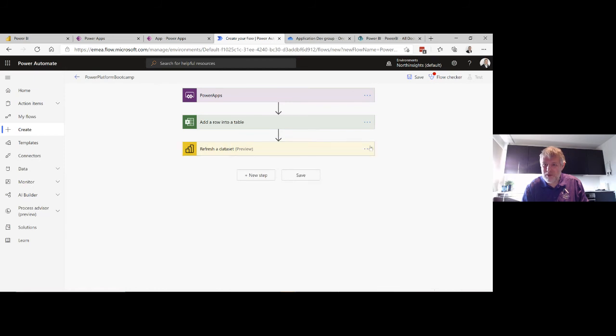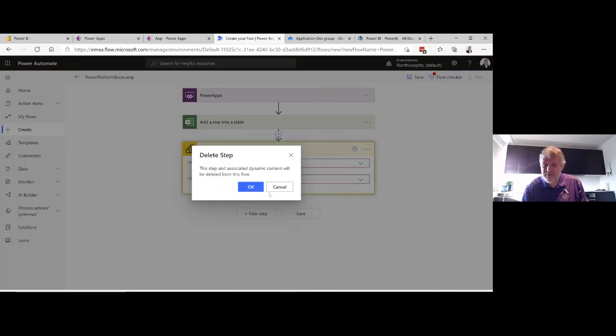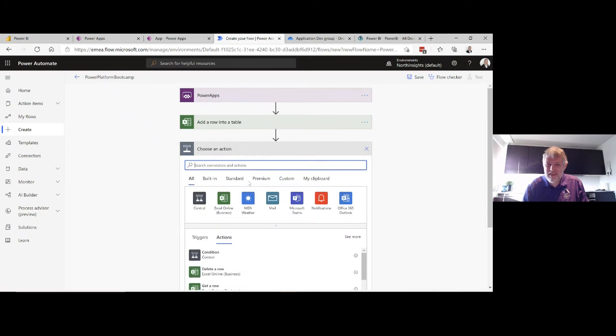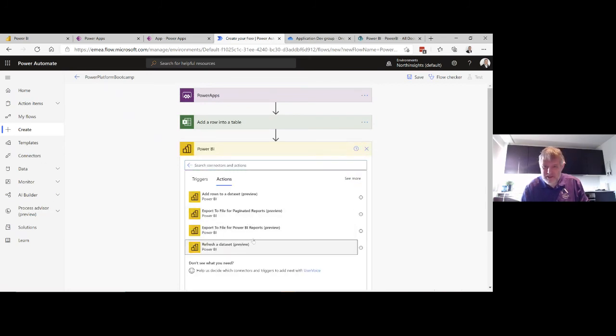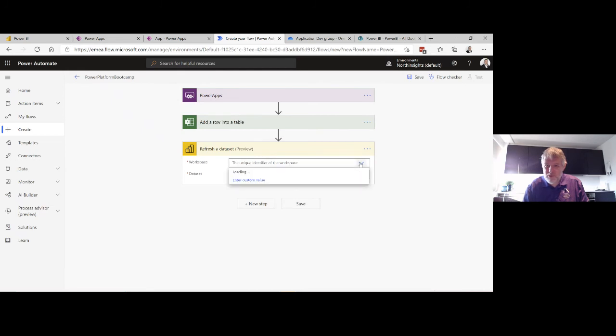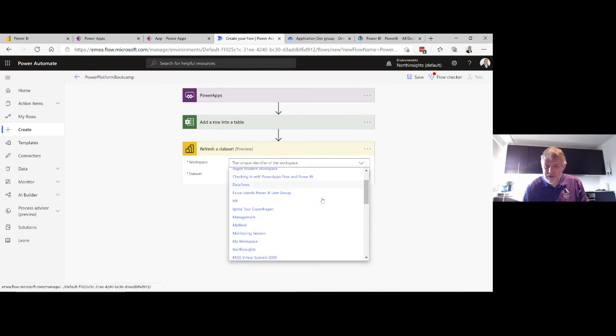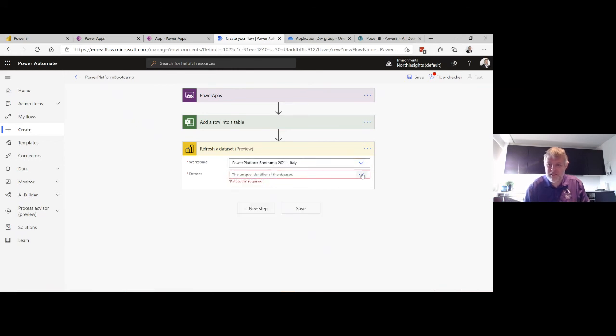I'm going to get rid of this and put it back in here. Sorry about that. So now hopefully it will see that workspace. Yes, it does. Fantastic. And this is a dataset.